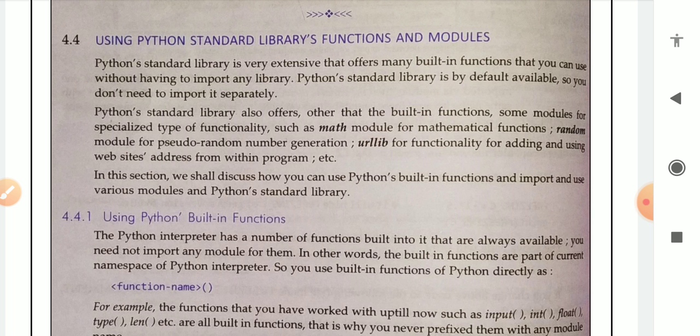The Python standard library is available by default, so you don't need to import it separately because it is easily available by default.